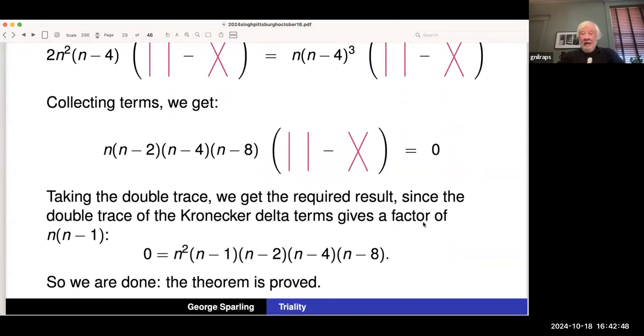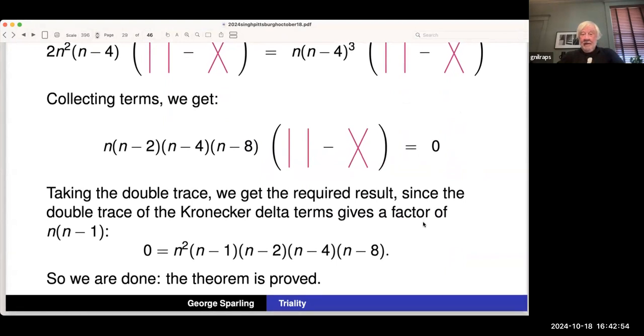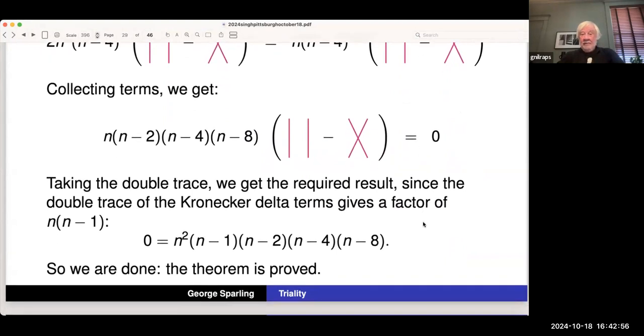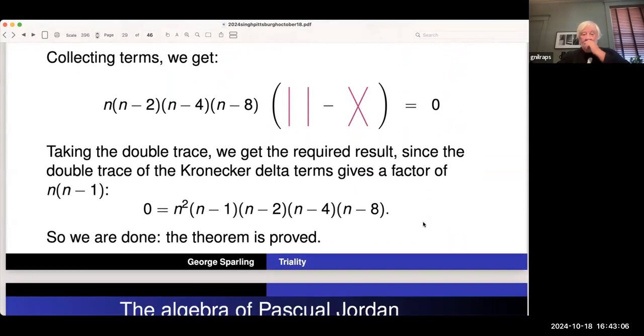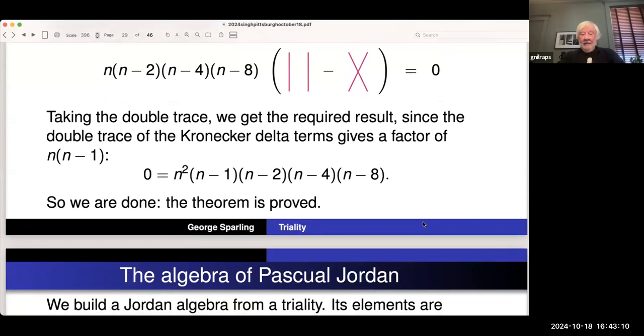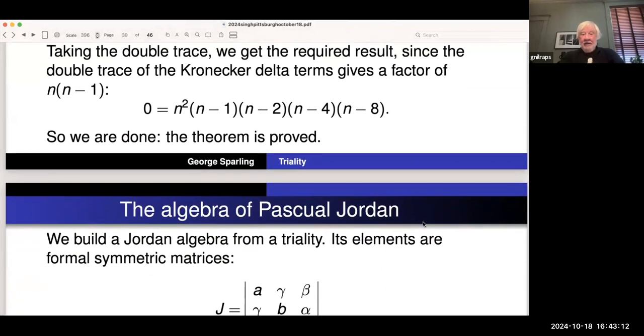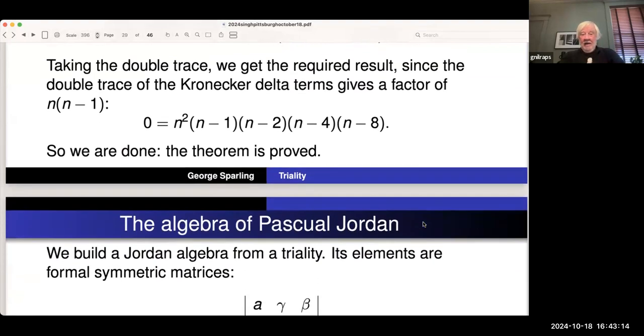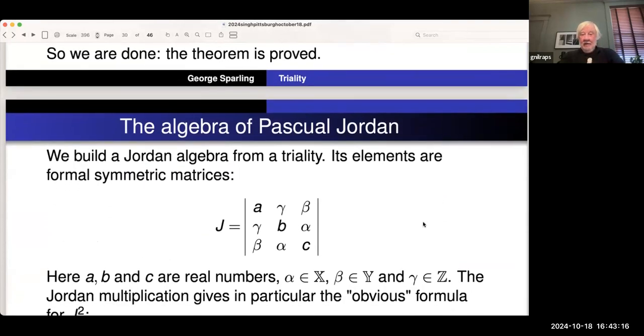But notice that I nowhere used elements at all. I just used properties. I did use a trace, but apart from that, that's all that was required. So we're done. I'm running out of time, so I'll just mention very quickly how you build from trialities to